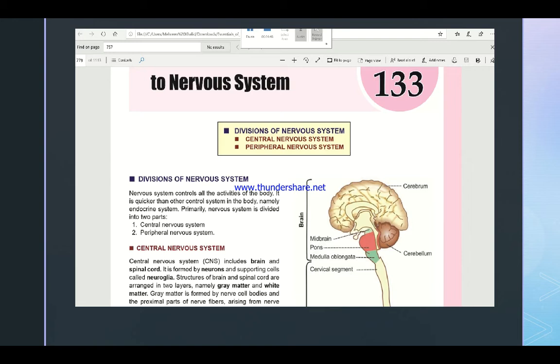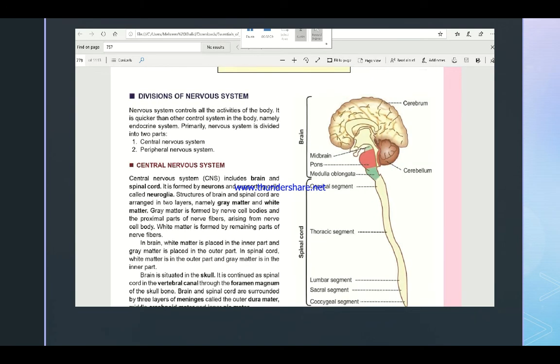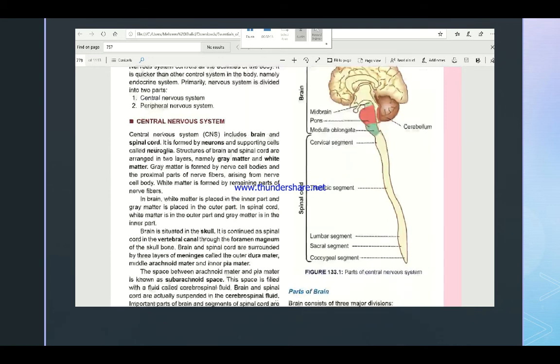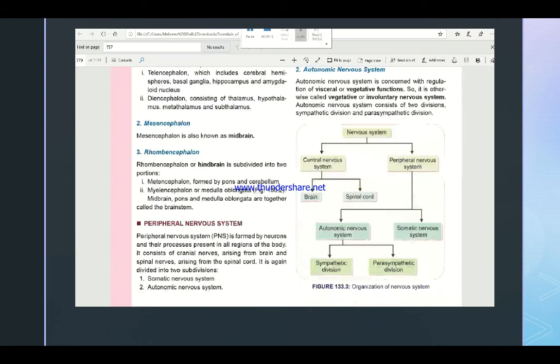So basically endocrine system and nervous system together perform functions in the homeostasis, and in the first sentence it says that it is quicker than the other control system in the body, mainly endocrine system. It works faster than them. Next thing which comes here is the central nervous system and peripheral nervous system. Central nervous system consists of brain and spinal cord as shown in this picture. Peripheral nervous system can further be divided into many classes and subclasses, which is here. So we would go into the detail of this classification